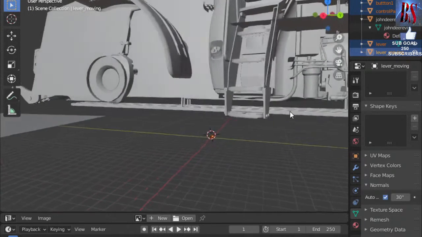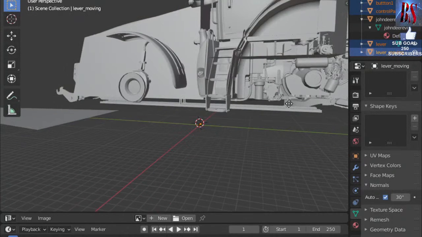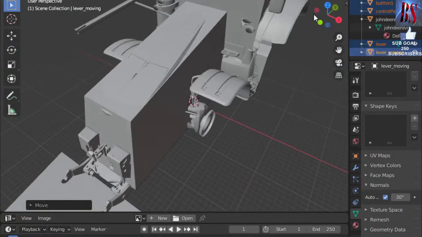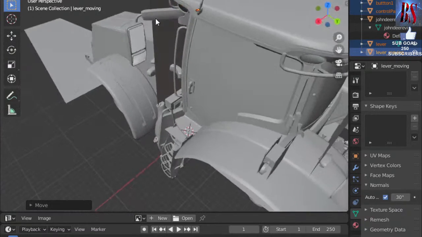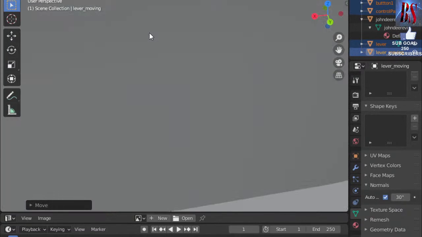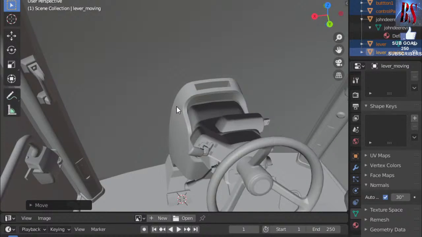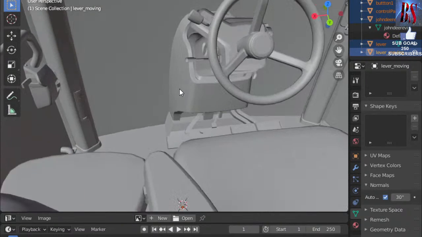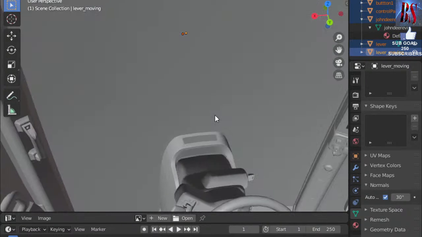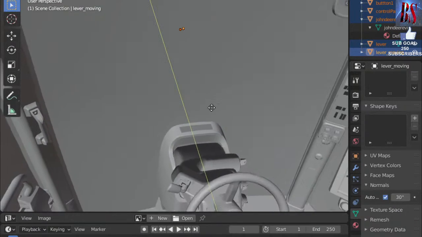Just move it. I'll say app. And when we position ourselves here, it should be okay. When we press it,